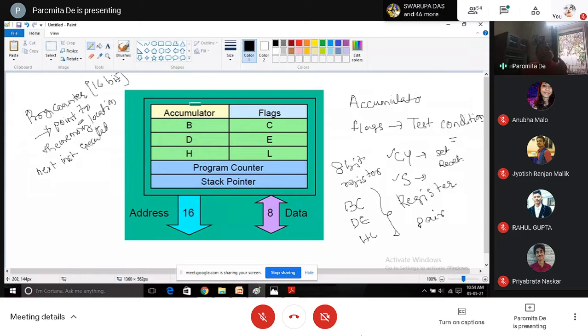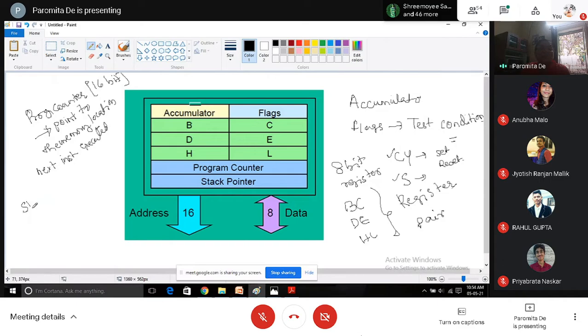There is a sequence of operation. So the program counter will tell, okay, now you need to go to that memory location, either to get some kind of data, or the instruction for the execution of the next step is written in that memory location. So please go to that memory location and bring either the instruction or the data for the processing of the program that is written there.